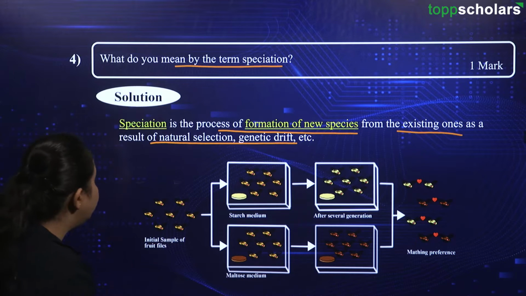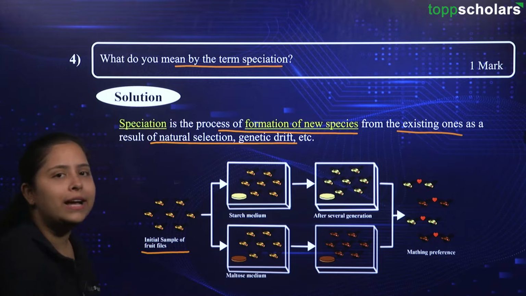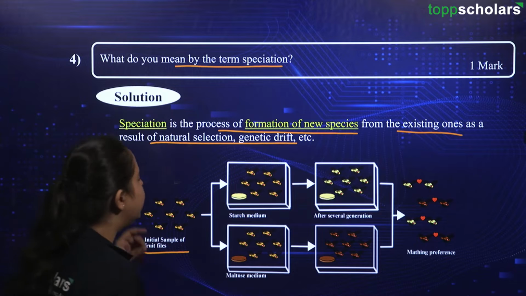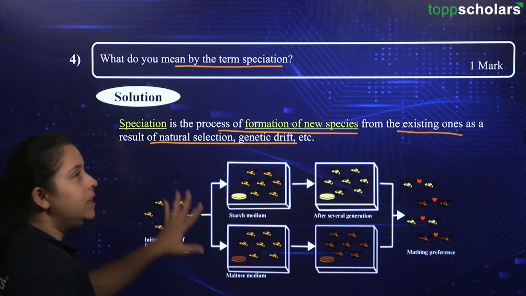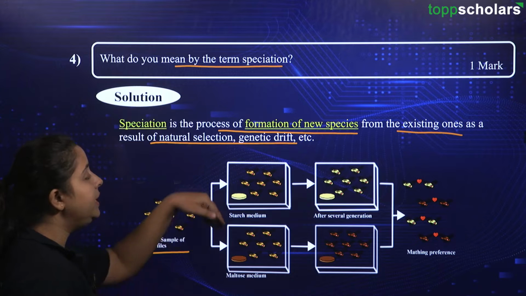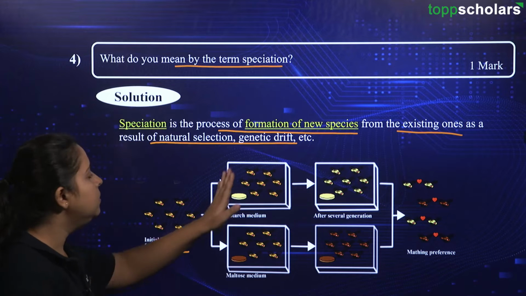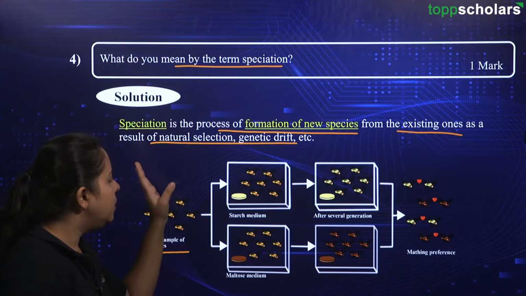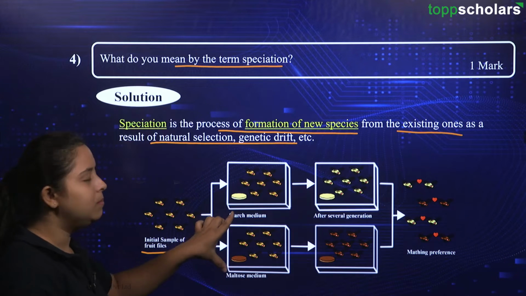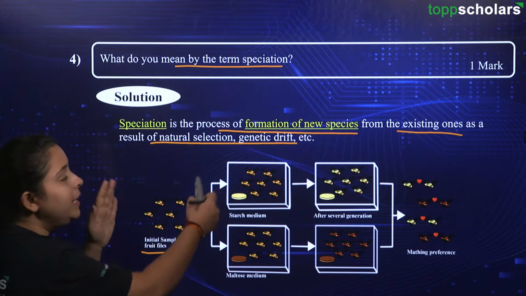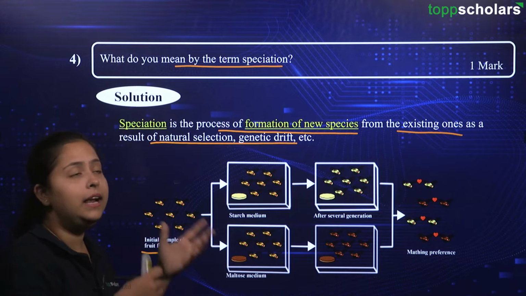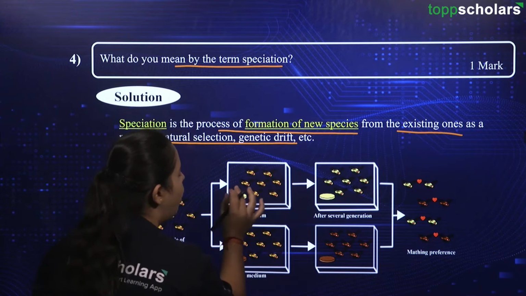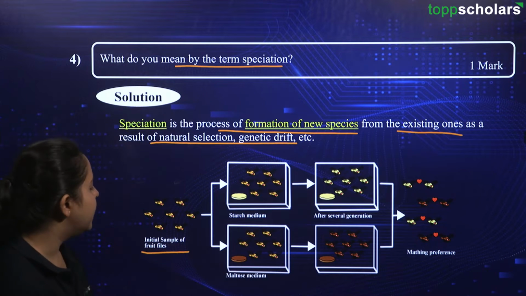Okay, so herein we have the fruit flies, that is the organism Drosophila. Okay, these are the fruit flies, and then what we are doing is, to a certain population of fruit flies, we are giving different kinds of food. Okay, here the food is starch and over here the food is maltose. If you know the chemical nature of these two compounds, they are different. Okay, though they are made up of glucose, they are different in their structure. So herein, this group of flies is feeding on starch medium and this group of flies is feeding on maltose